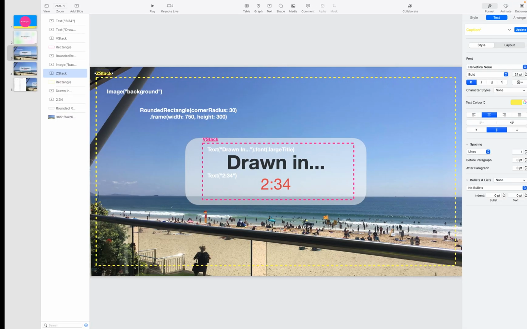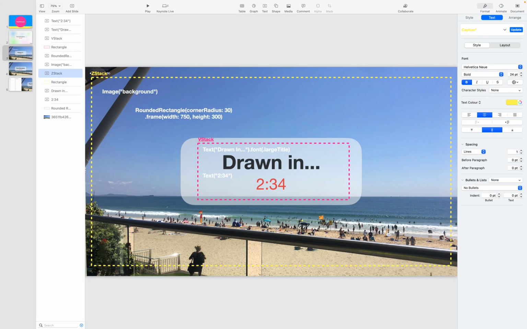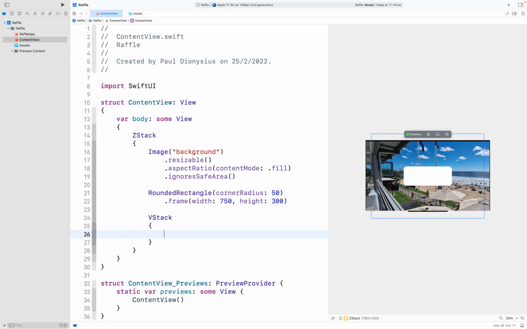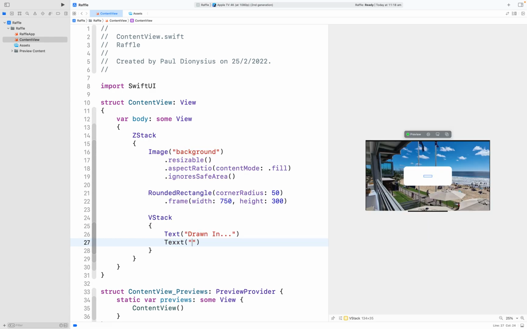Back into my plan. I've got my ZStack, inside of which I've got an image then a rounded rectangle, then I have a VStack. VStack, squigglies, enter, text drawn in, and that's just for our prototype. Once we start getting functionality into our app, we'll end up modifying the text that goes into here dynamically, meaning automatically by the app doing it for us. Then text